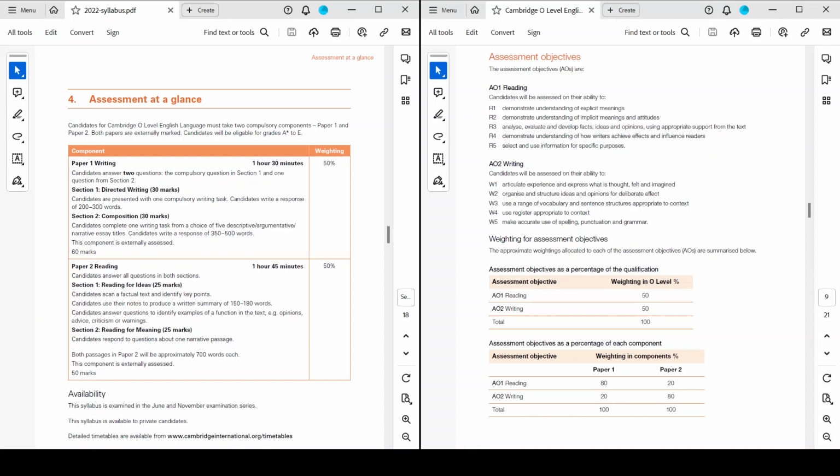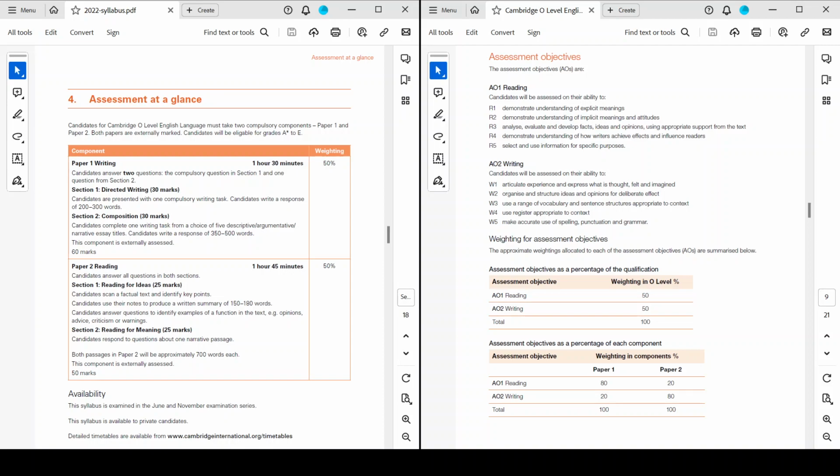The third one, use a range of vocabulary and sentence structures appropriate to context. Again, as mentioned earlier, vocabulary is very important. Proper vocabulary, standard English is very important. And the sentence structure, whether we're going to be using simple sentences, compound, complex, whichever ones they are, and the punctuation that goes along with it, which is mentioned later on. All of that appropriate to context, appropriate to what is being conveyed and how it's being conveyed, is very important.